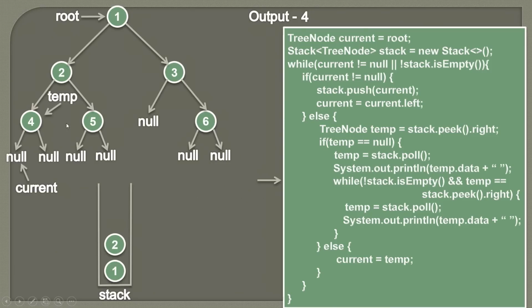So we are checking whether the node which we visited just now is equal to its parent's right or not. If this comes out to be true, then we know that the parent's right is the node which we just visited, so we can simply visit the parent now. But here you can see temp is pointing to 4 and stack peek, which is node 2, is pointing to right. Therefore they are not equal, which means that the node we have visited just now is on the left side, not on the right side of node 2. So this while loop will terminate